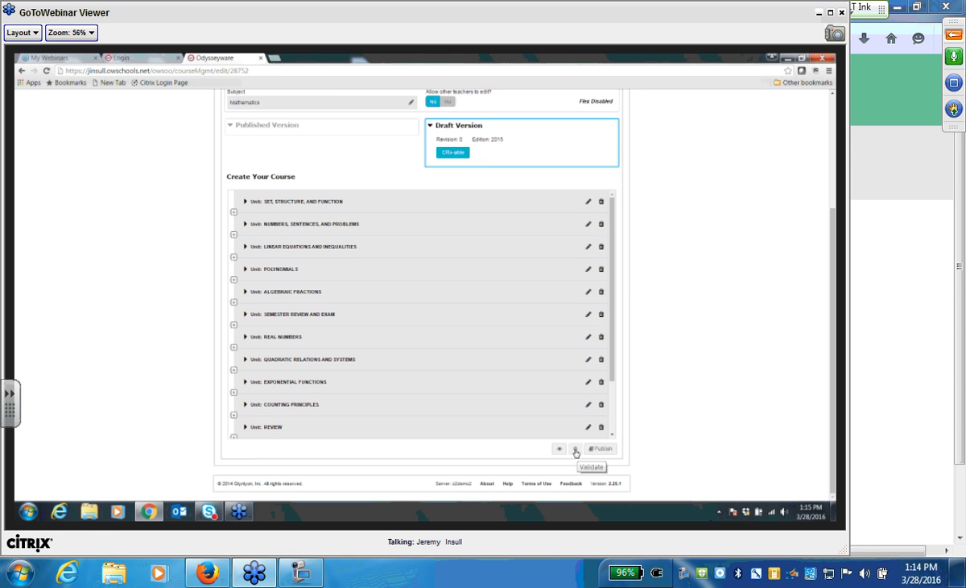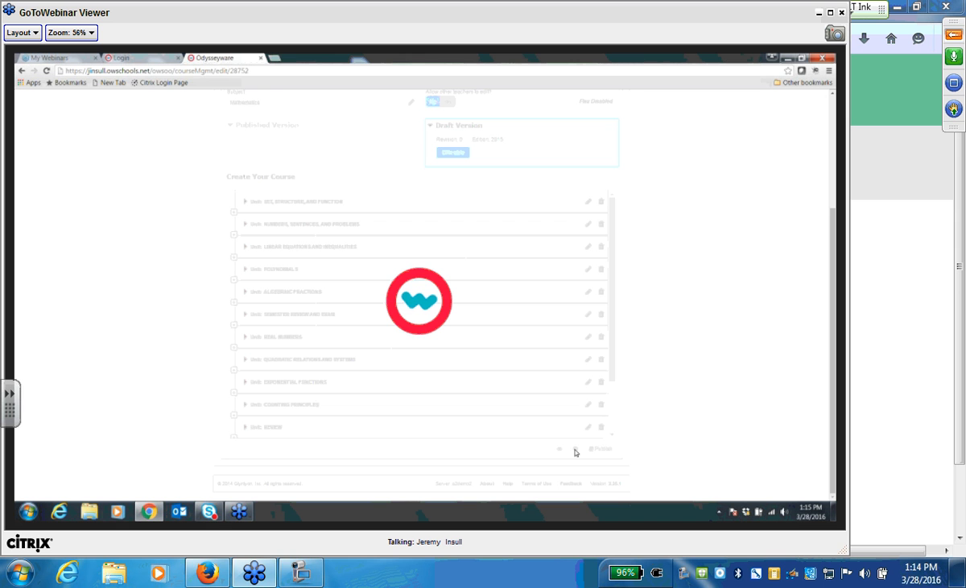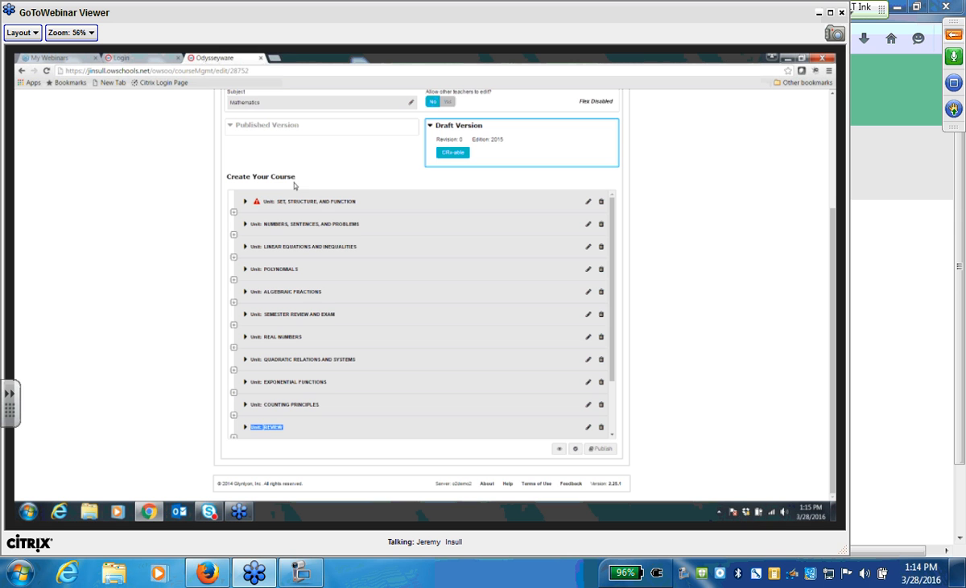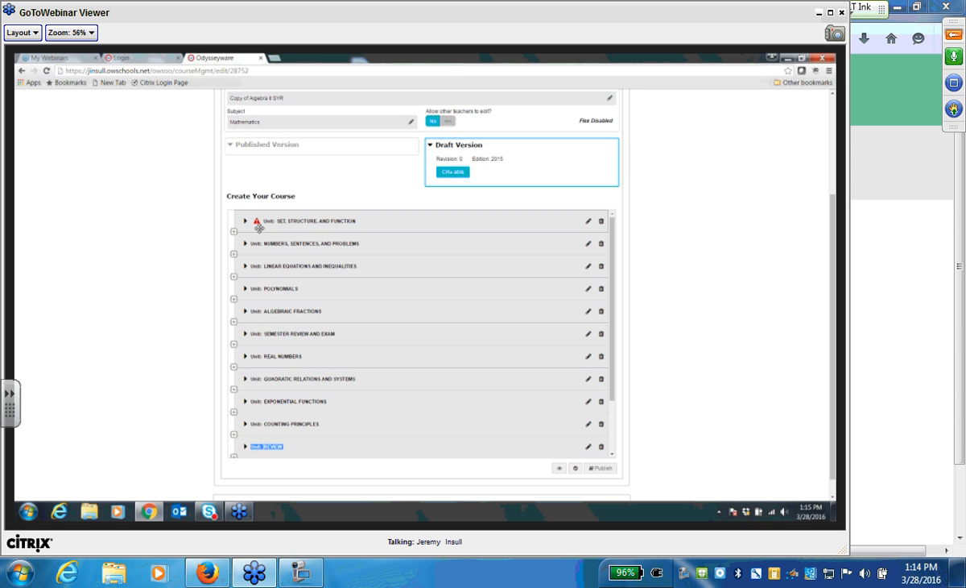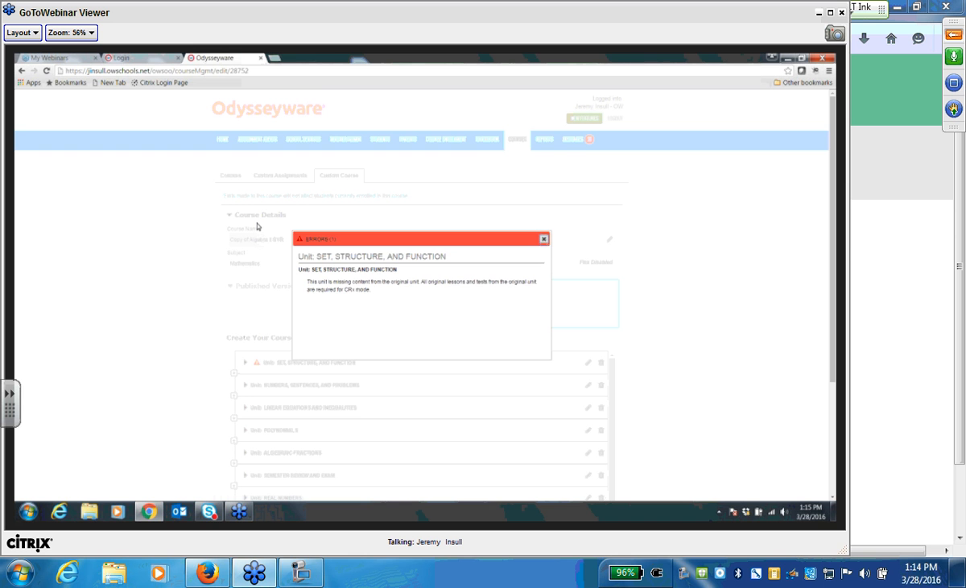I can do two things. I can validate this first, which is a cursory check, where I made some changes, before I click publish, to make sure that everything's in the right order, in the right position. I get flagged in this first lesson here where I was making some amendments, with this red warning sign. We're not going to publish whenever there's an error like this. So I view that error by clicking on that red triangle. It says this unit's missing content from the original unit. All original lessons and tests from the original unit are required